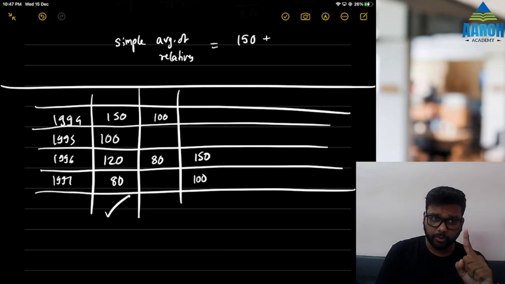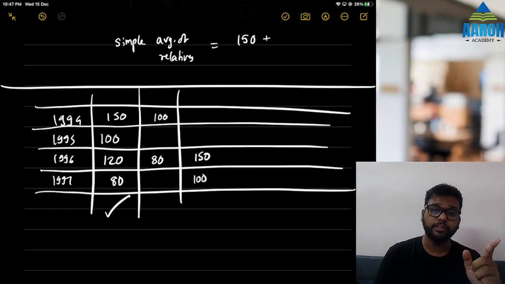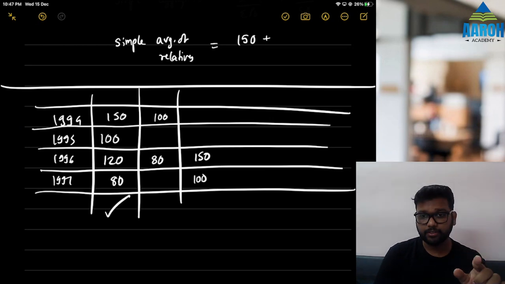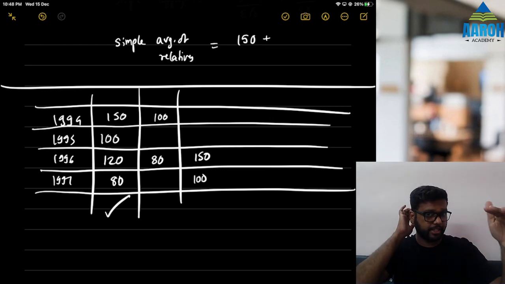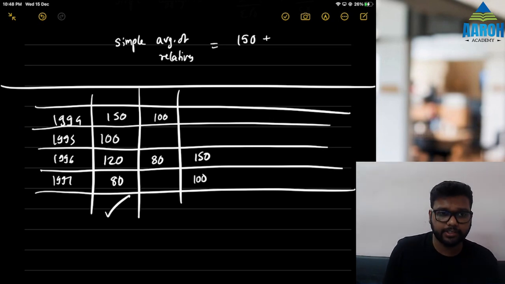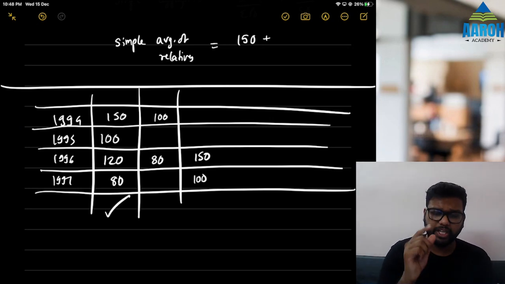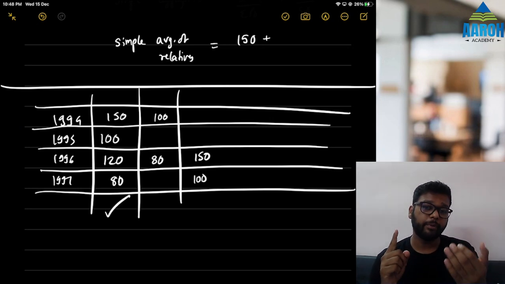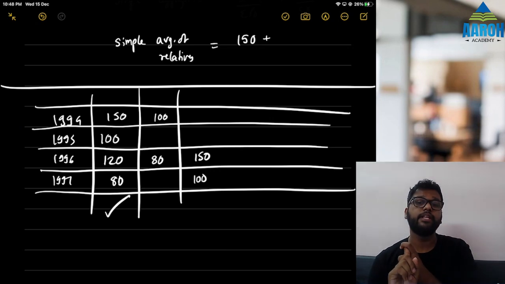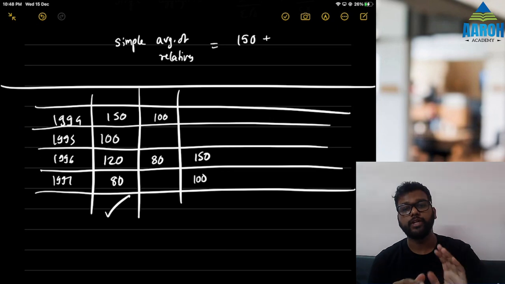But don't forget to bring an HB pencil, compulsory, to darken the circles. Some students darken the circles with pens. That should not be done. It is okay if you have done it for roll numbers, etc. But don't do it for questions, because you cannot erase that afterwards. And if the page gets torn, you will not be able to do anything. So an HB pencil is compulsory. If the pencil is not HB, it is possible that your answers will not be read by their system. So that should not happen.